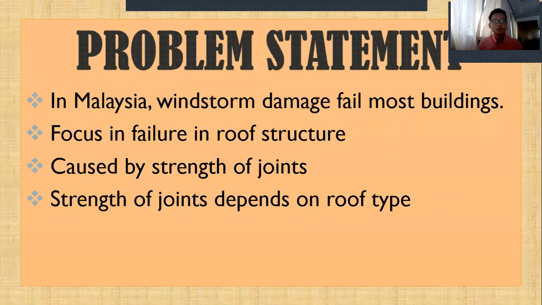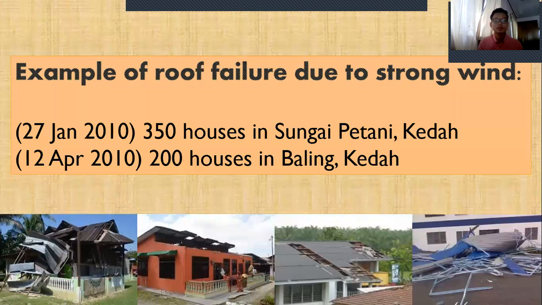From the records of reports of natural disasters in Malaysia, windstorms damage and cause failure in most building houses, especially to the roof truss structure. This is because of the weaknesses of the truss joints in withstanding the wind load. So the strength of the joint is very dependent on the shape of the roof. An example of roof failure due to strong wind happened on